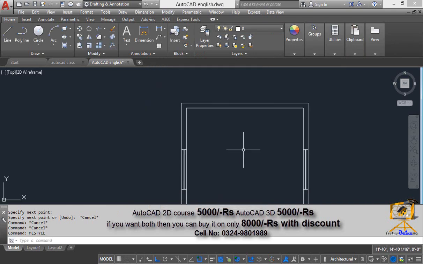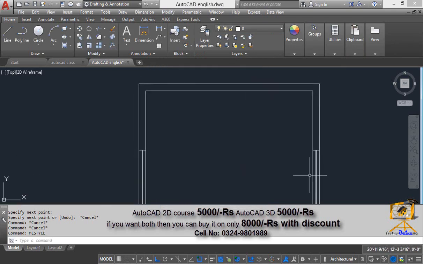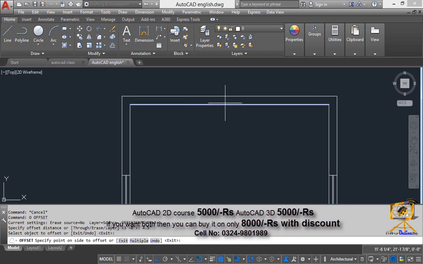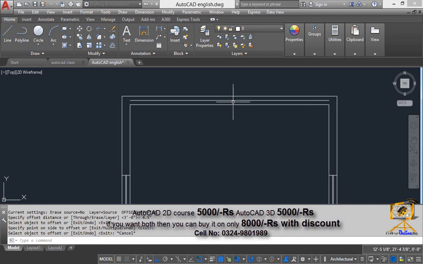Now I'm going to use the second technique for creating this same symbol. I will type the same multiple line command, ML, enter. I have to use this sub command that can be seen in these brackets. By clicking this scale command, I will be able to decrease the scale of this multiple line style. Now I'm going to make it half with the help of the 0.5 value. I will type 0.5 and enter, so that now I will take 4.5 inch, and then I will use a